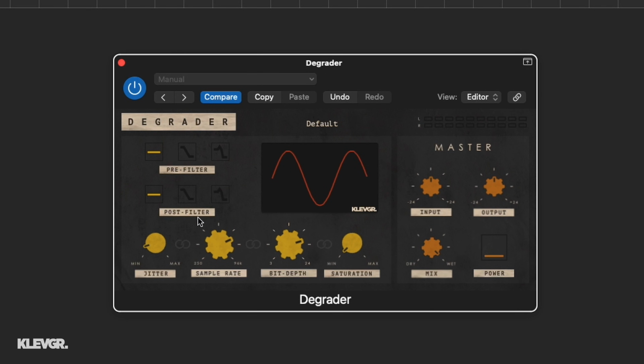So top left here we have a filter section with two low-pass filters, one for before and one for after the resampling happens. Both have an option of low Q, high Q, or flat, and the cutoff frequency is always fixed to half the value of the set sample rate. Moving down, we have the jitter amount knob. This correlates very much to the sample rate setting and will be more noticeable the lower you set the sample